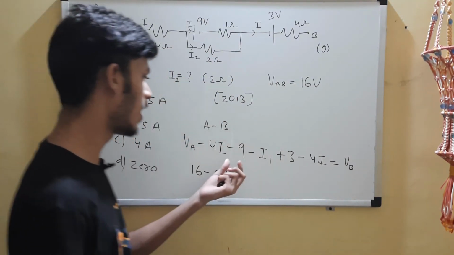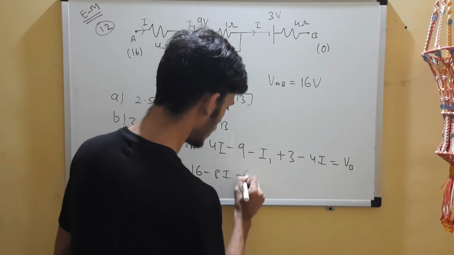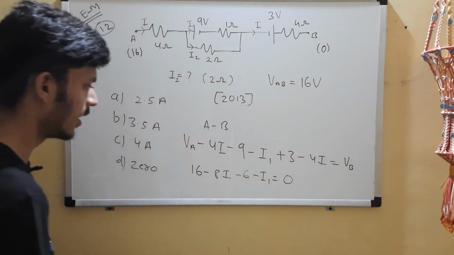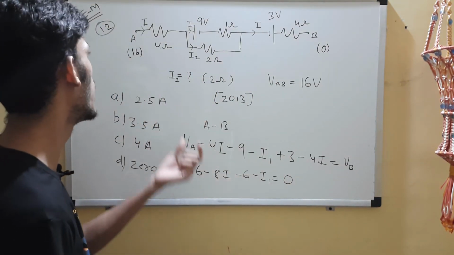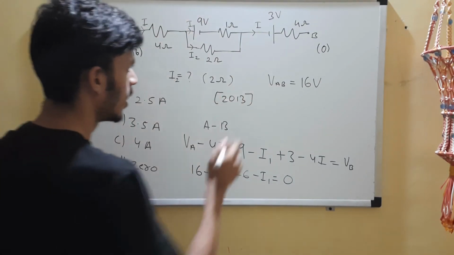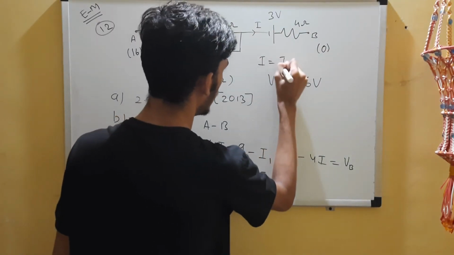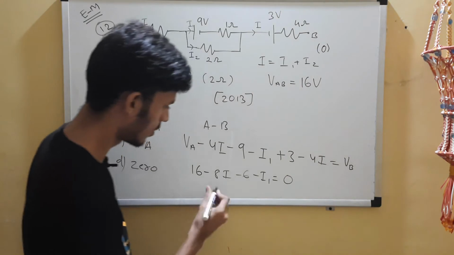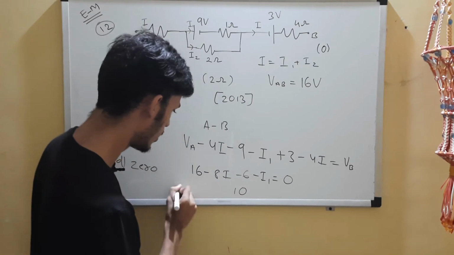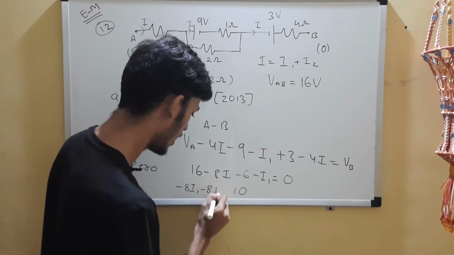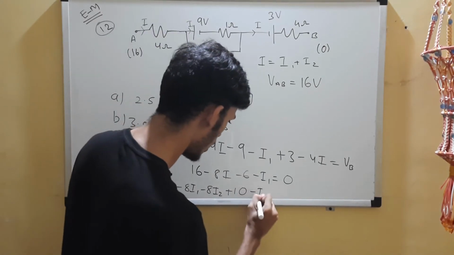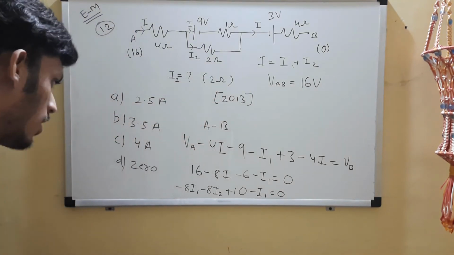Let's continue now. Here we have minus 9 plus 3, that will be minus 6, and here minus I1. So this is equal to 0. VB is 0. Let's write it in terms of I1 and I2, as I was saying. You can write I as I1 plus I2, because I splits into I1 plus I2. Using KCL, sorry, not KVL, I is equal to I1 plus I2. So here we'll substitute that. We'll get first of all 16 minus 6, that is 10, and here you'll get minus 8I1 minus 8I2, this is plus 10, and what do we have? Minus I1. So this will give us the equation